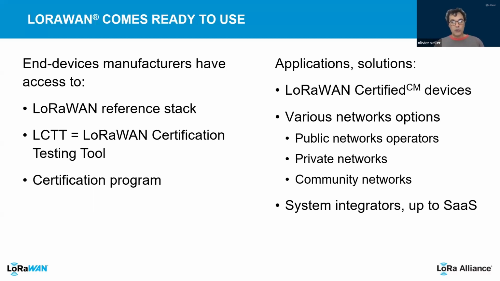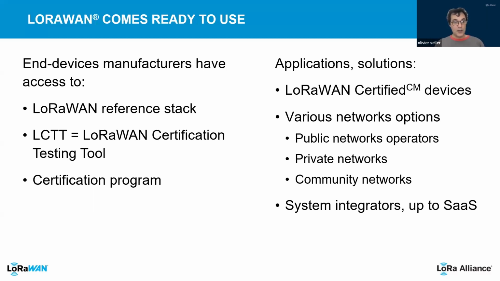If you don't want to go the route of buying sensors and buying subscriptions or getting a network yourself, you can go to system integrators, up to sensing as a service. SaaS stands for sensing as a service, which is in a way the ultimate integration, because there you subscribe to data, and you don't even know that there is a sensor, a network, and a protocol between the sensors and the